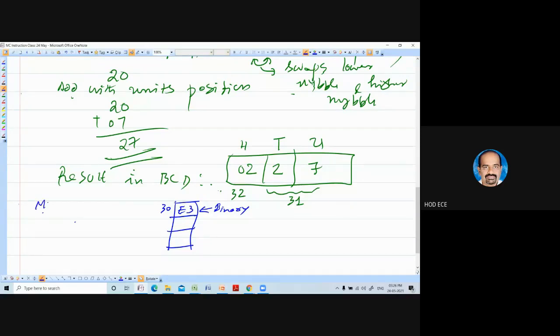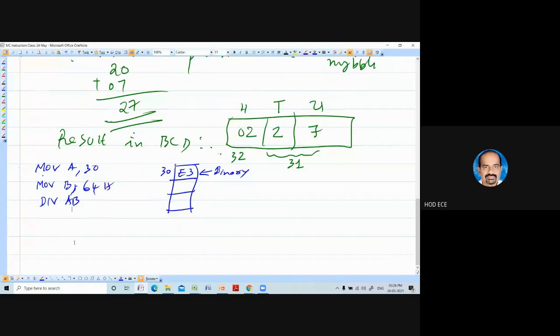So MOV A, 30. Move register B, anything is fine, so MOV B, 64H. Then DIV AB. There is no space between A and B.